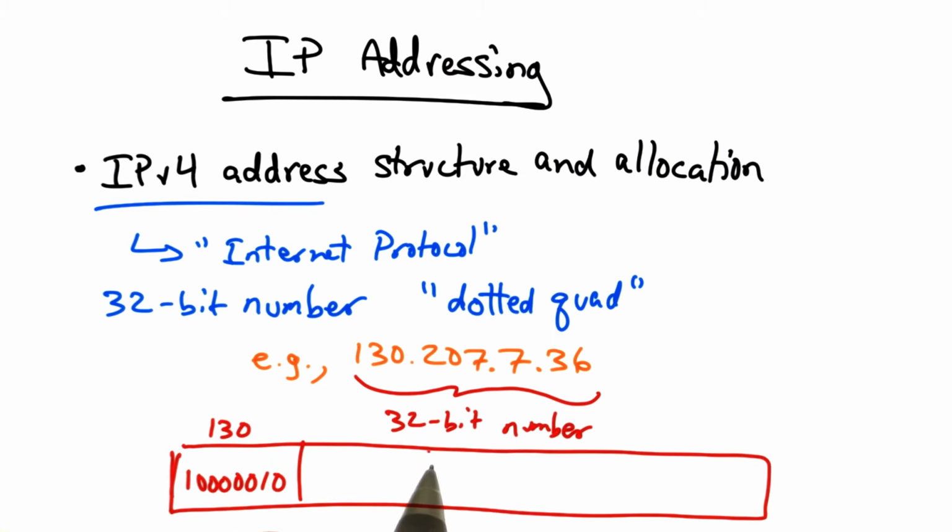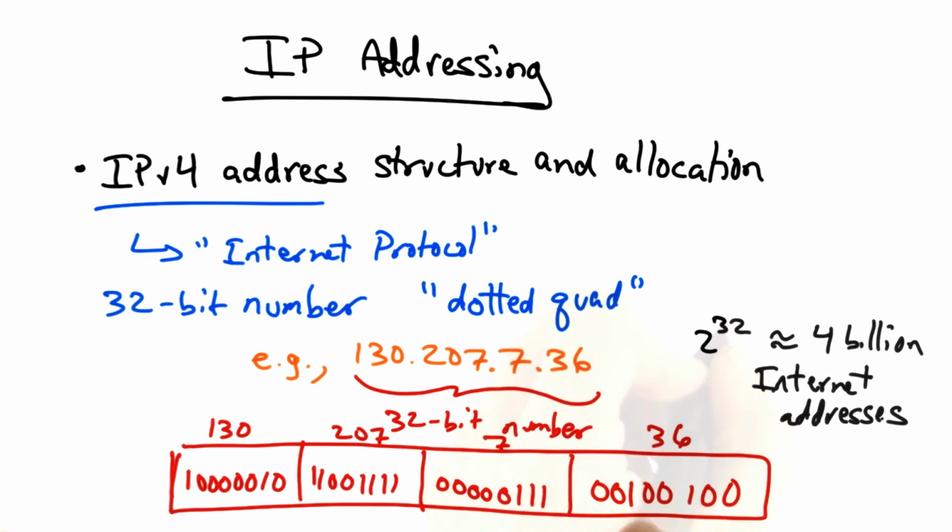So 130 represents 8 bits, and 207 is another 8-bit number. 7 is another 8-bit number, as is 36. This structure allows for 2 to the 32, or about 4 billion, internet addresses. Now that sounds like a lot of addresses. As it turns out, it's actually not enough, and we're running out of IP addresses, as I'll discuss in a